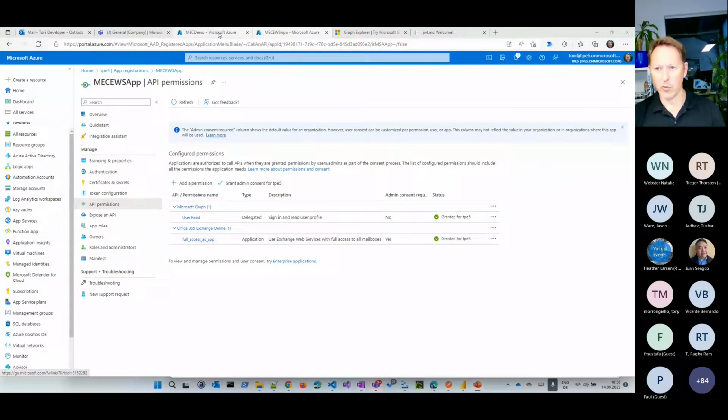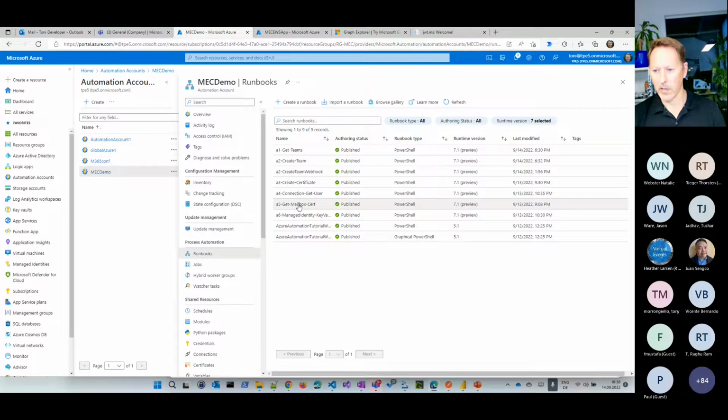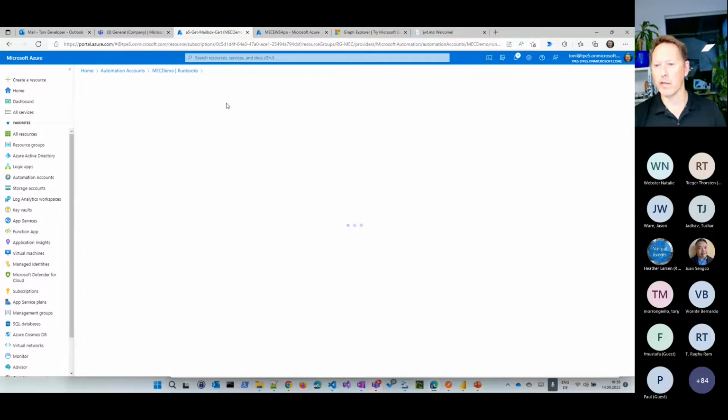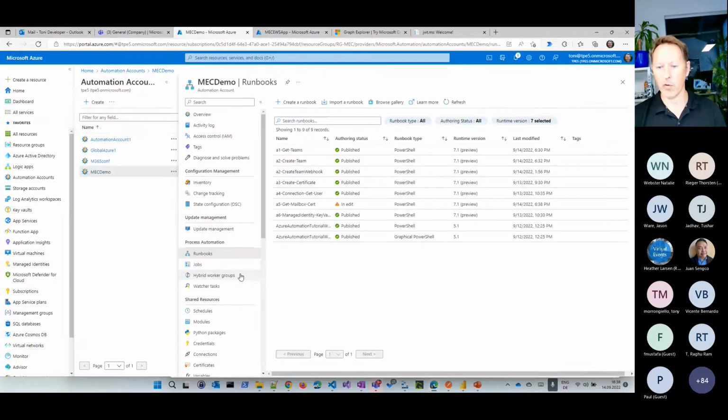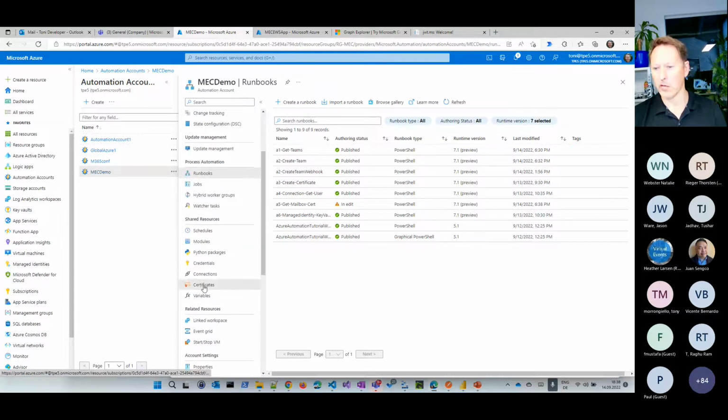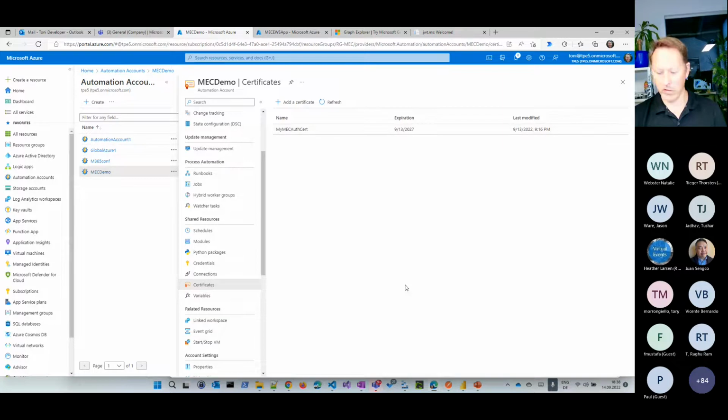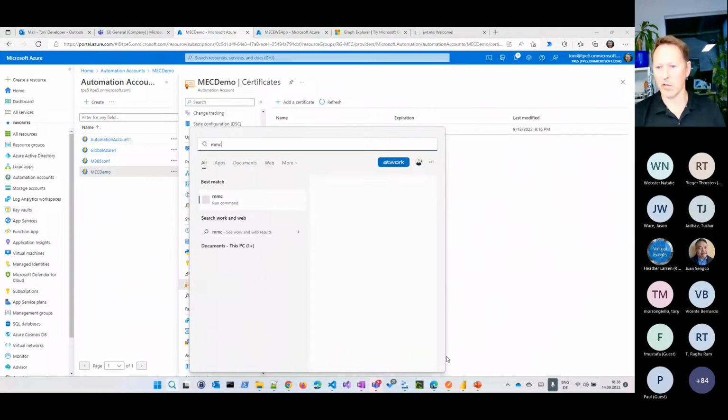So let's go to our get mailbox with a certificate. How would we use that? Well, we can use that by using a connection with the certificate in that automation account here. So you can see I'm using Connect Exchange Online, and here I'm using a certificate thumbprint and an application ID and an organization to do something, and then I get the mail. I'm connected with that method, no user, no password, simply using application and certificate here. So going back here, what the certificate, which is the my Mac auth cert, and I want to show you how we can do this here.